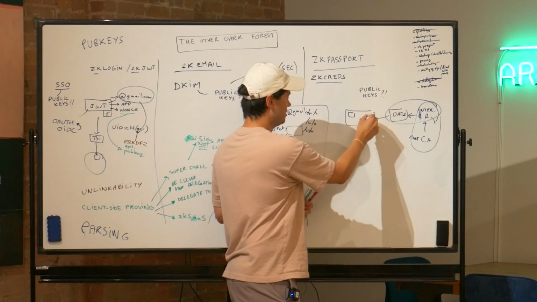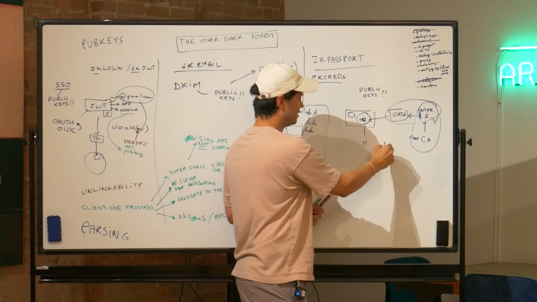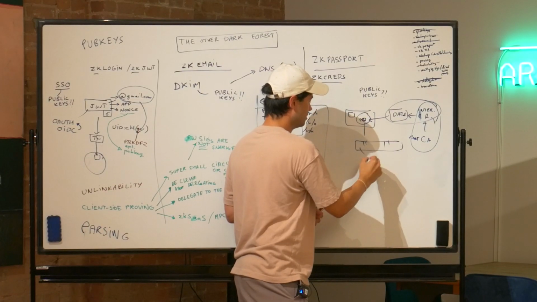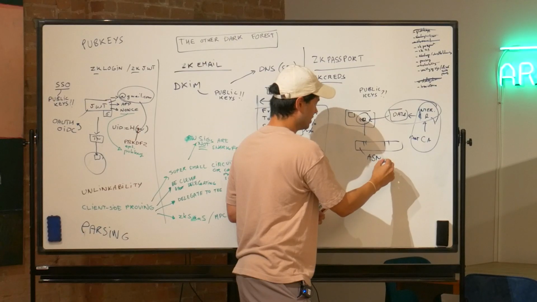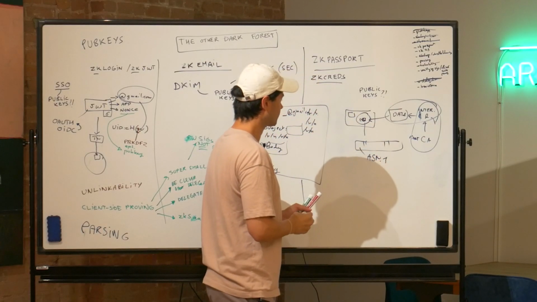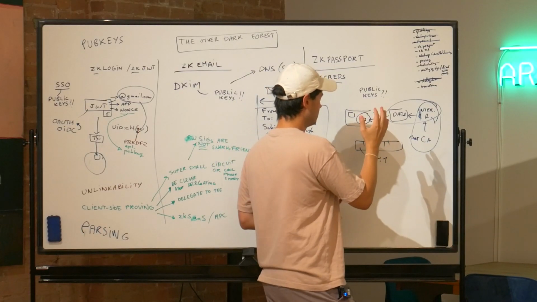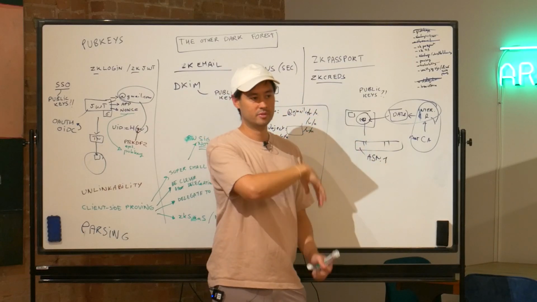The data that is signed is just a bunch of concatenated data. There's some parsing to do because they use that horrible encoding, ASN.1 encoding, and it basically has your name, date of birth,